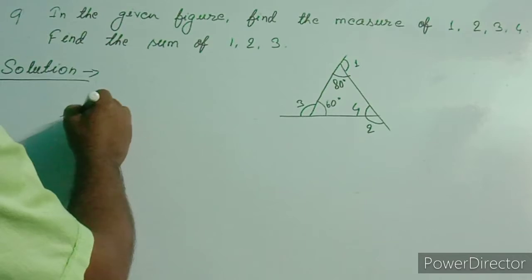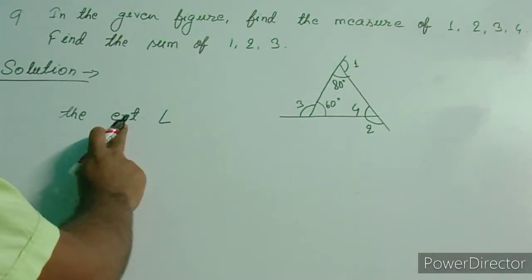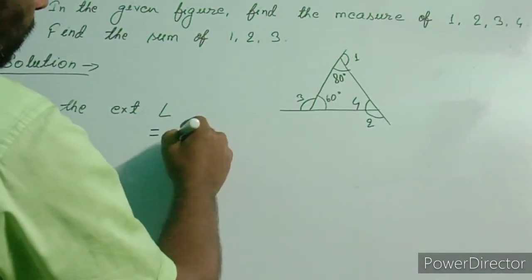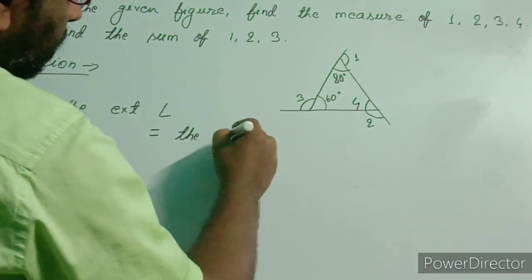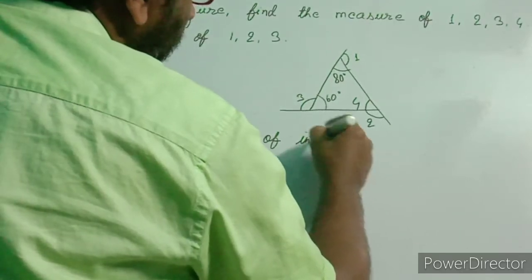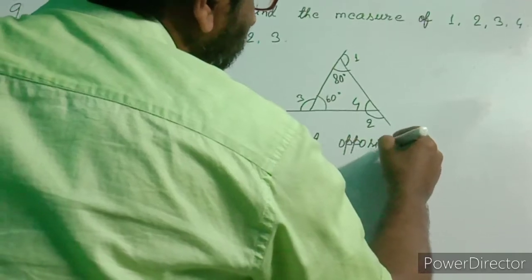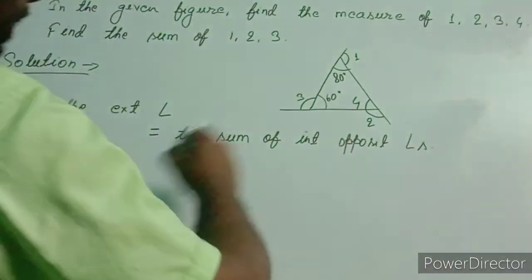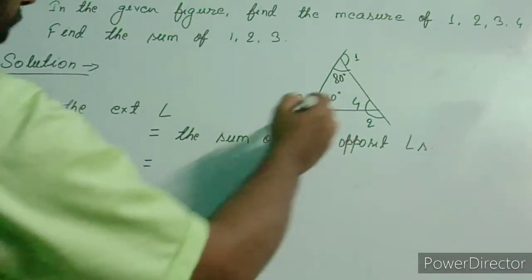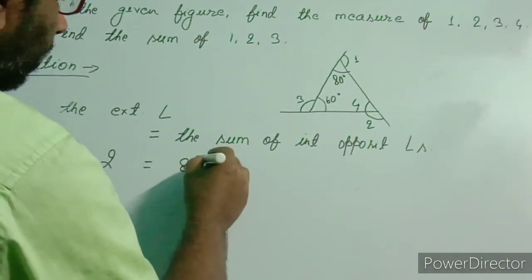The exterior angle, short form EXT, the exterior angle is equal to the sum of interior opposite angles. Here exterior angle is 2, that is equal to interior opposite angles 80 degrees plus 60 degrees